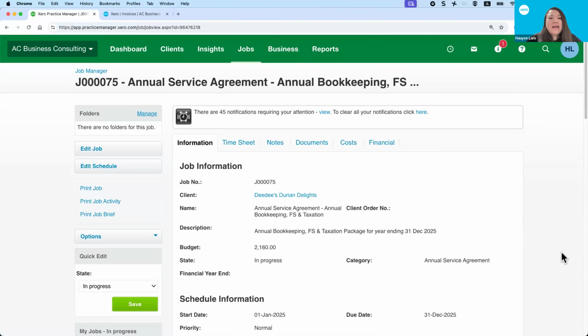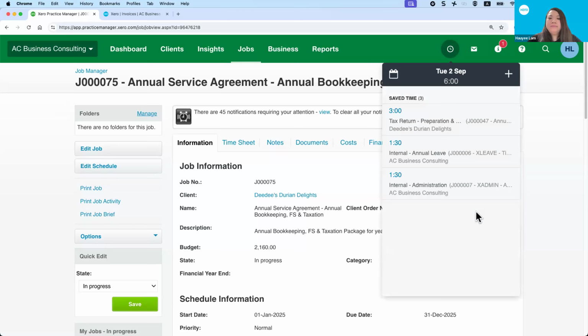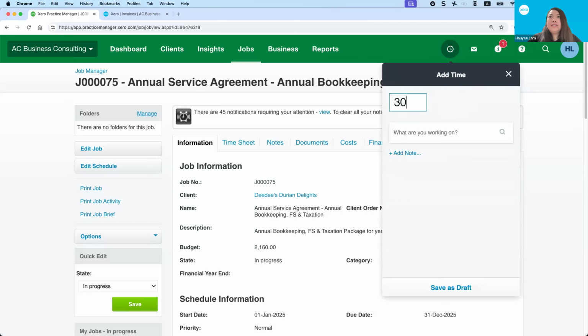So how do staff members log their hours for the timesheet and for the job? It's very easy. Let's say I have finished a task for a job. In the top right corner, you'll see a timer icon. Click that to open a quick time entry. From there, the staff member can click on the plus sign icon to enter the time they spent